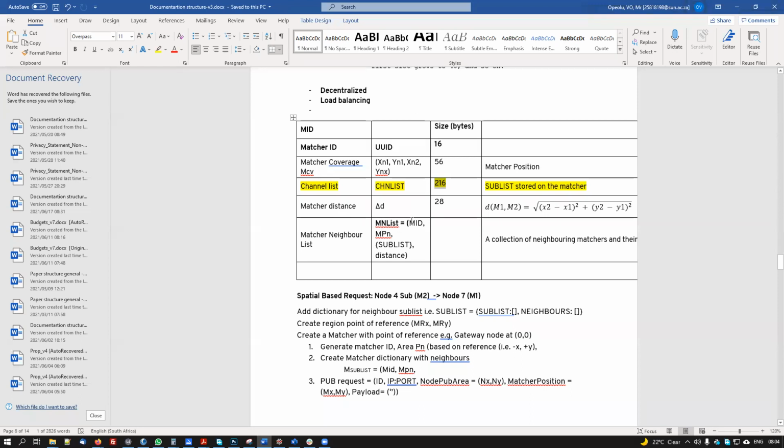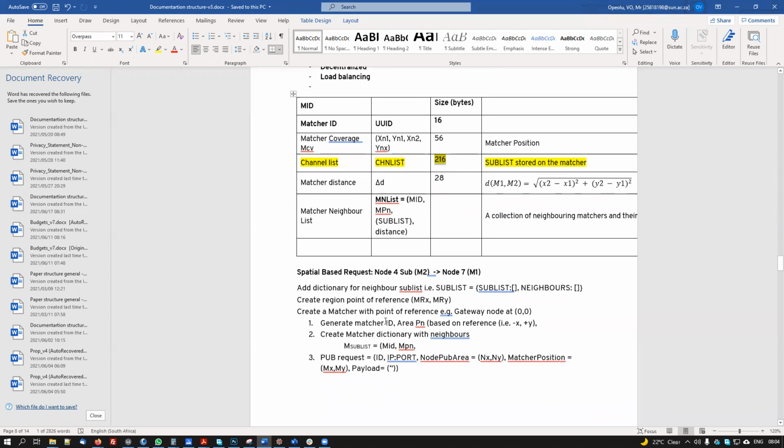Match distance is just one unique integer, which is what, 28 bytes. And the idea was to now create the exact thing that happens, for example, when we generate a dictionary. So here, this is actually supposed to go there.